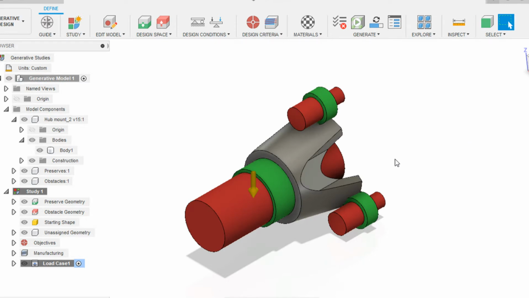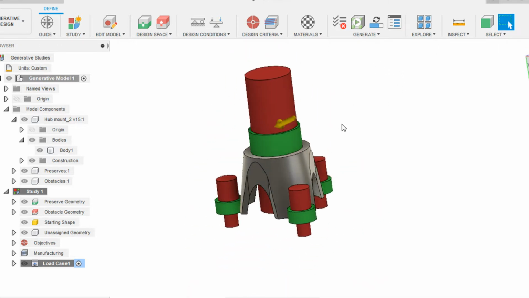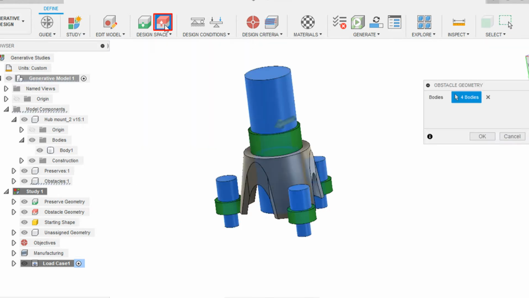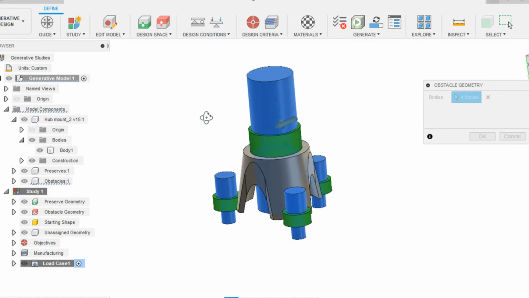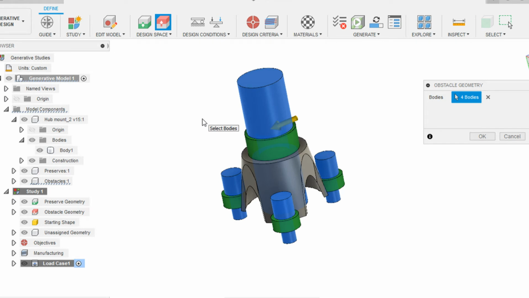If you observe here, the selected bodies are represented in green. It means they must be contained in our generated design. If you click on obstacle geometry, it highlights all those bodies that are obstacles. We haven't selected these, right? Then why did generative design add those two obstacles? Think about this for a moment. Yeah, I think you got it. The things we designed using connector obstacles are automatically added to obstacle geometry. We don't need to define them again and again.